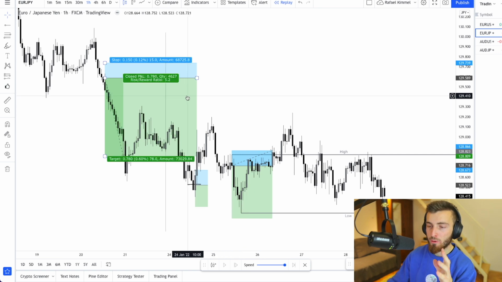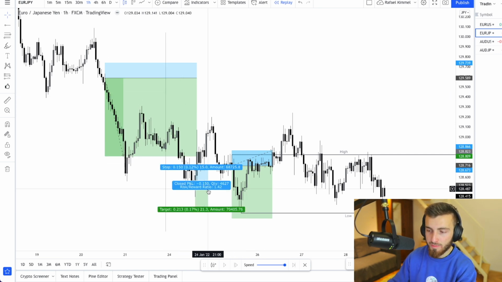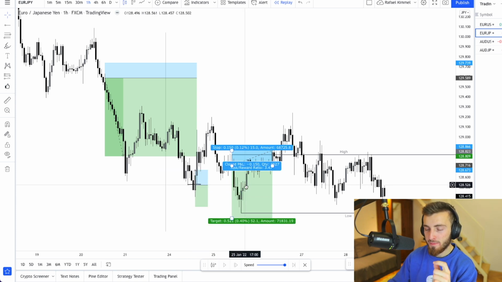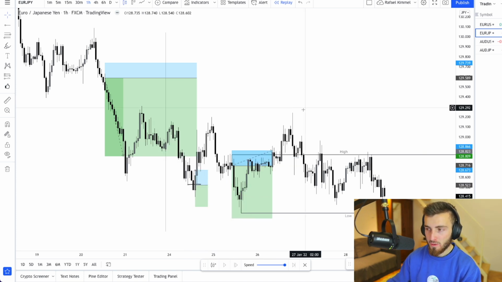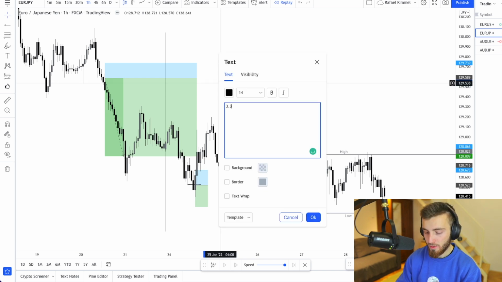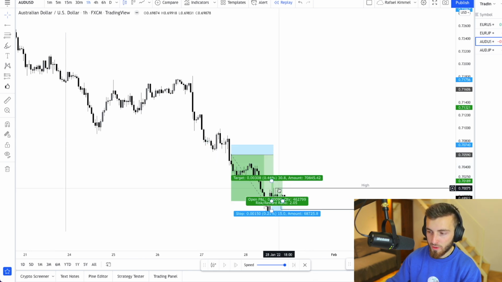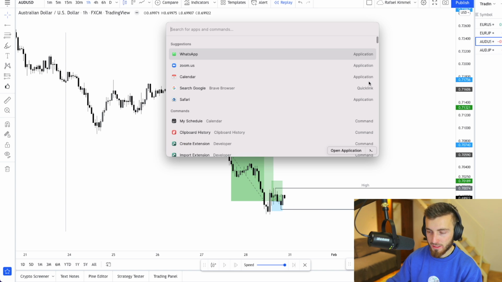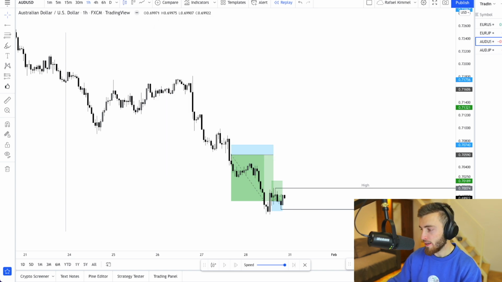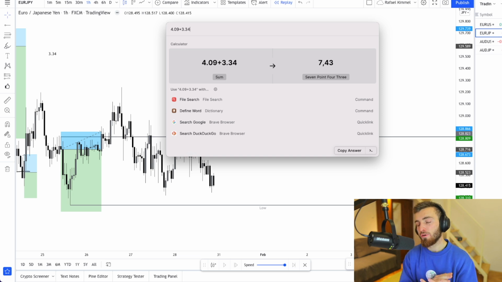Okay, so just a quick recap. We profited 5.2% on Euro Japanese yen. We took a 1% loss and a minus 0.86% loss, which gives us a total of 3.34. Aussie US dollar, we have this nice 4.73% trade and a 0.64% loss, which is 4.09%, which gives us a total of 7.43% for this week. I finished this month either barely above double digits or just below double digits, so it was between 9 and 11%. I can't really remember, but let me check.